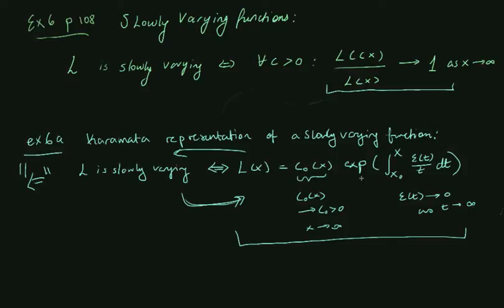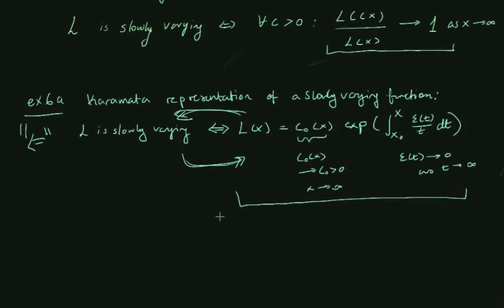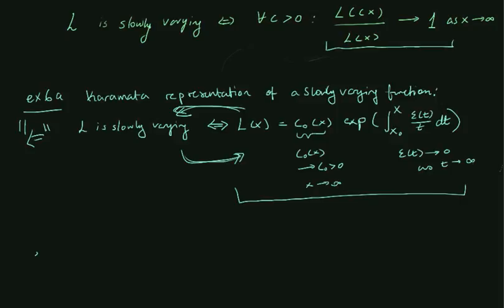However, I have included an attachment for you guys in the course homepage with that proof. It's a paper written by Resnick from 2005, which is really good and has a really nice proof of that. So we will be doing the proof only in this direction, if it's okay. So that was 6a, and in 6b, we will be making use of this very useful representation, where we say,